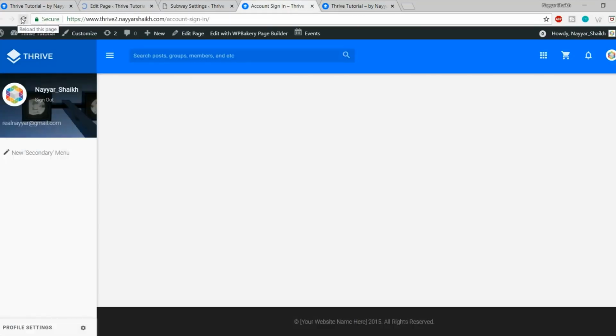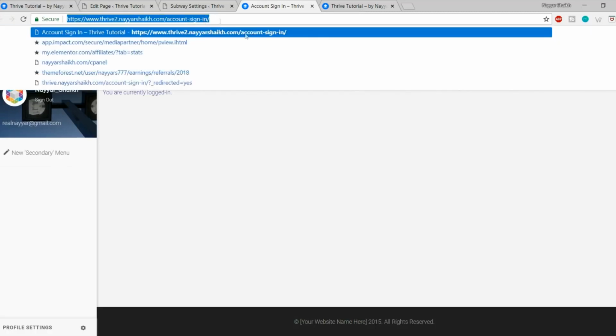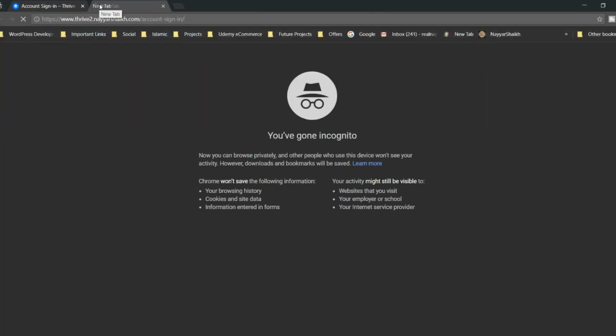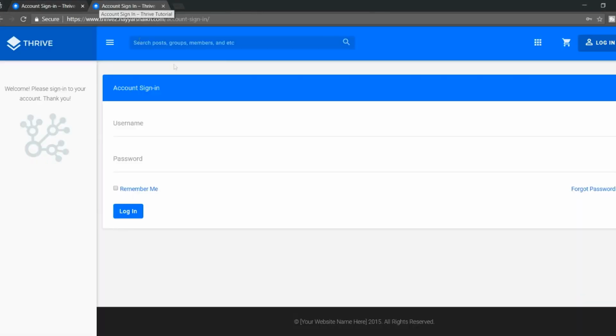Again come back to this page. Let's refresh it. As you can see, it is saying you are currently logged in. That is because it has detected that we are logged in, so we are not getting that login page because we don't need to do that. So let me copy this page and open it in a new incognito window. Let's see what happens. Okay, here we can see the page because here we are not logged in,